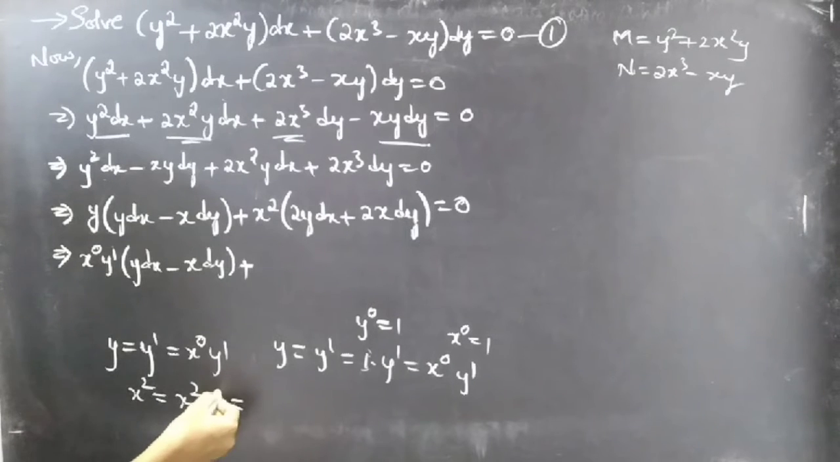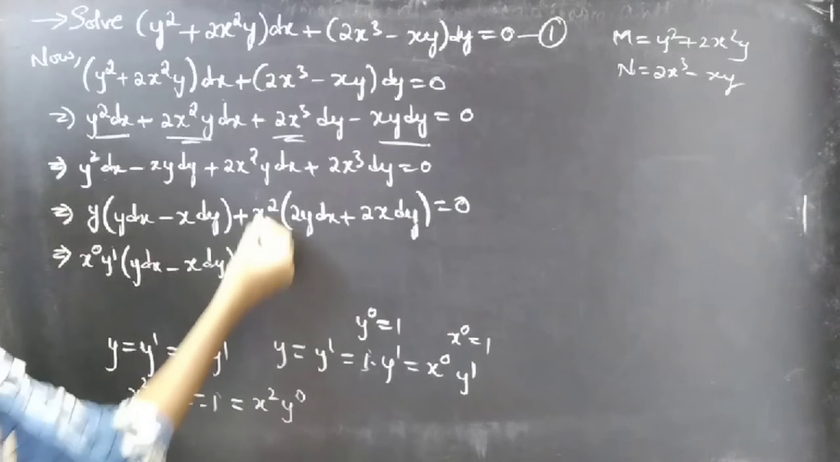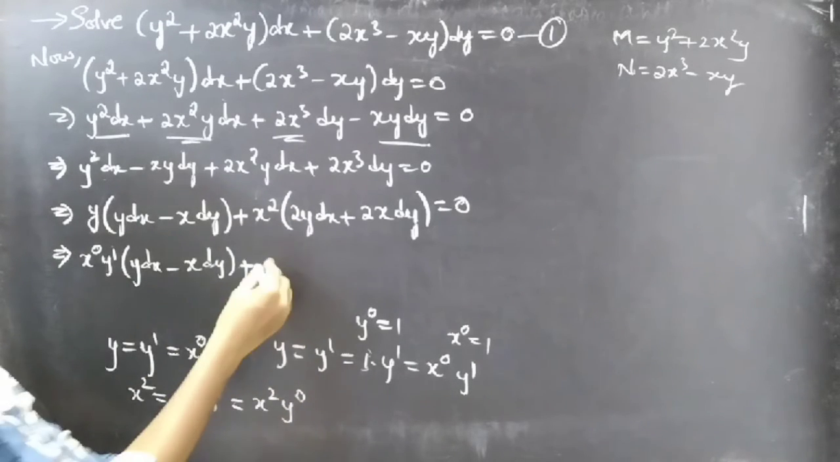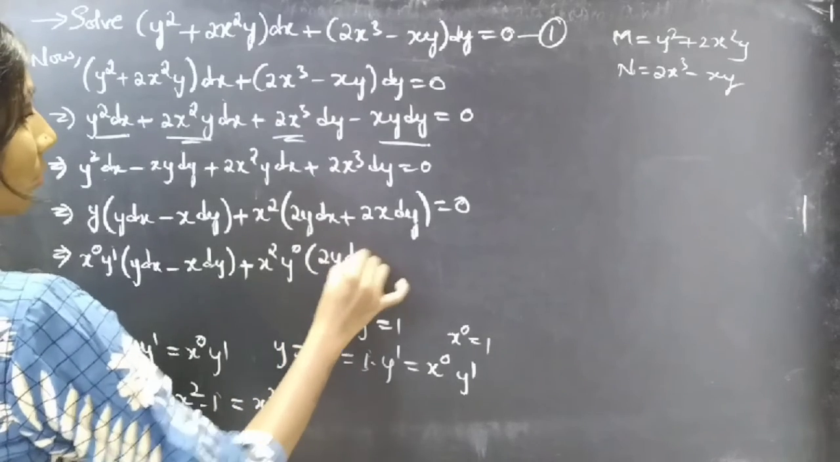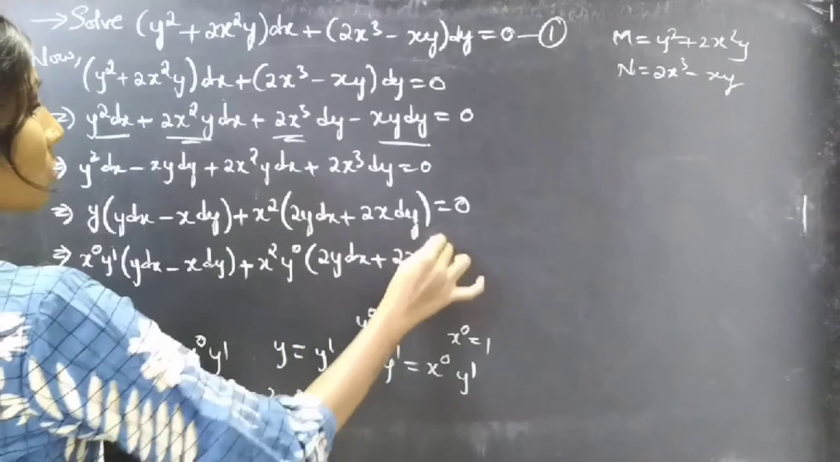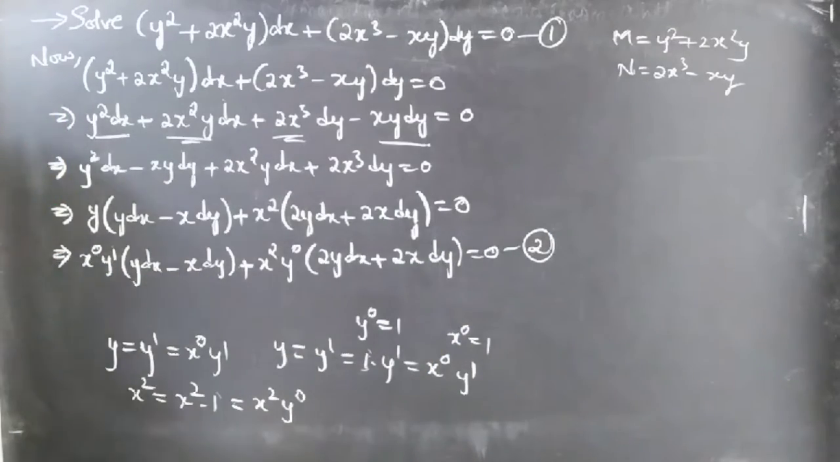So I can replace 1 by y power 0, so I'll get x square into y power 0. Now I'll replace this x square by x square y power 0 into 2y dx plus 2x dy equal to 0. I'll consider it as equation number 2,